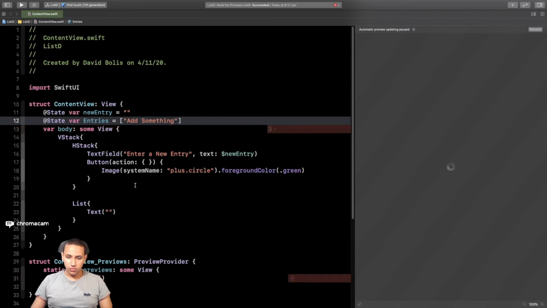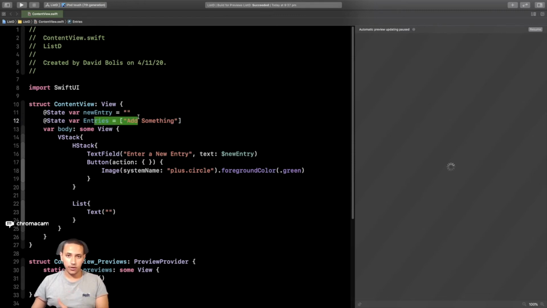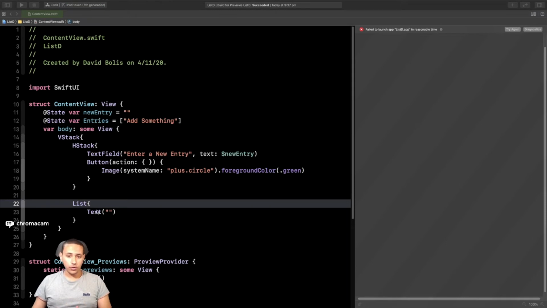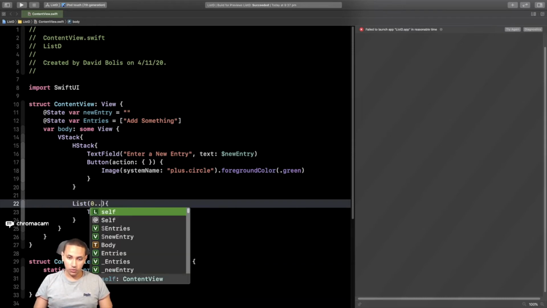After that, what we can do is come to the list here, and we're going to do some work to make sure that the list can actually accept entries from our array. Okay, so now all we're going to be doing in order to make that list get the information from our array is simply add in a bracket just like this, and we're going to be passing a 0